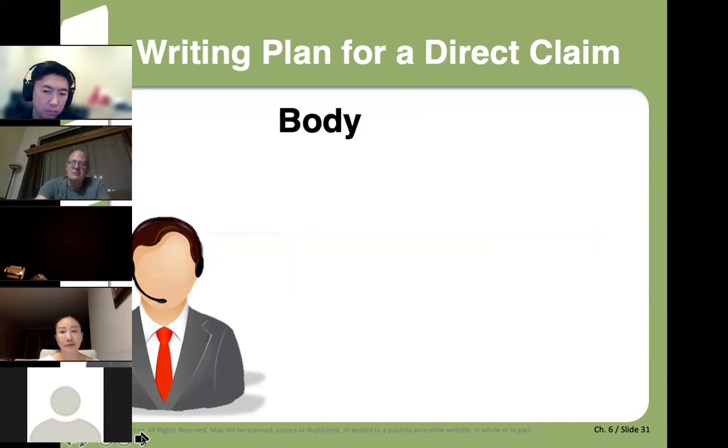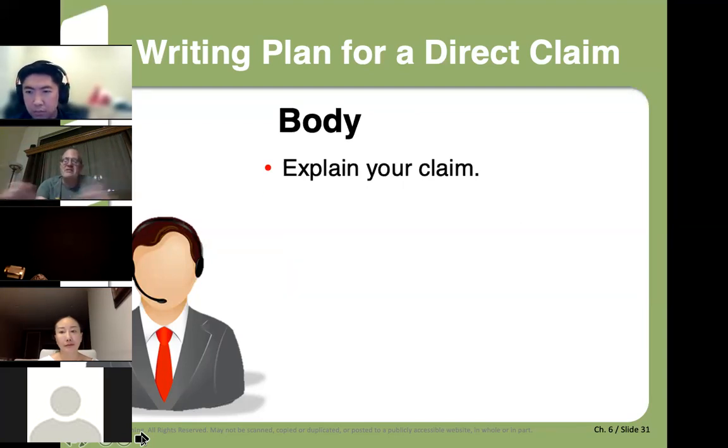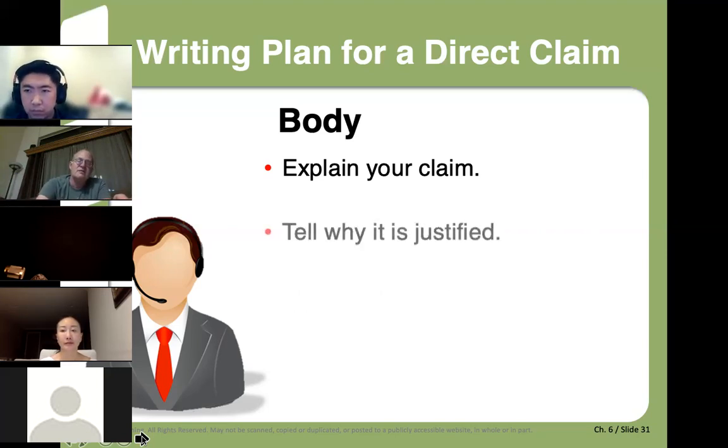In the body, you're going to explain your claim. Basically, you're going to say, look, we placed our order for the latest shipment of China dishes 2 weeks ago, assuming that we would receive it on time and everything would be fine, like it always has been in the past. But unfortunately, this is the situation that we've got.